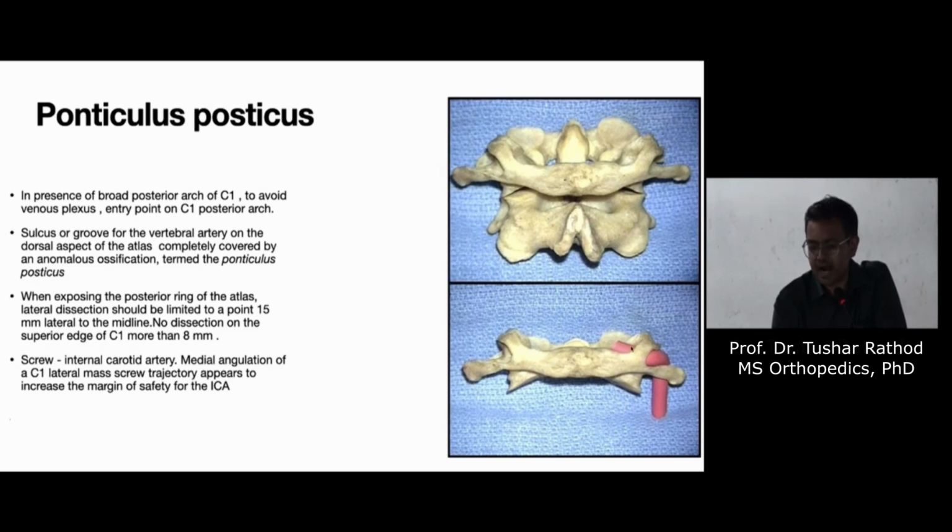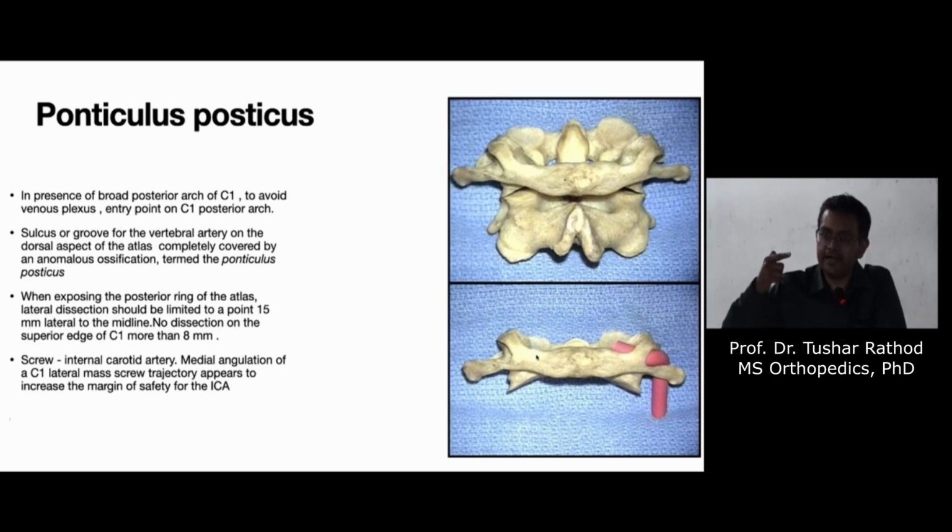Normally the vertebral artery lies on the C1 arch, and if there is a calcification of this bony formation, the artery is covered in a bony tunnel. A lot of people want to avoid the venous plexus, which is between the C1 and C2, and they take an entry point on the C1 arch. And if you are ignorant about this particular anomaly, you will directly enter the vertebral artery and can cause a disastrous injury. Other thing is that the C1 screw, a lot of times we keep them quite prominent, but